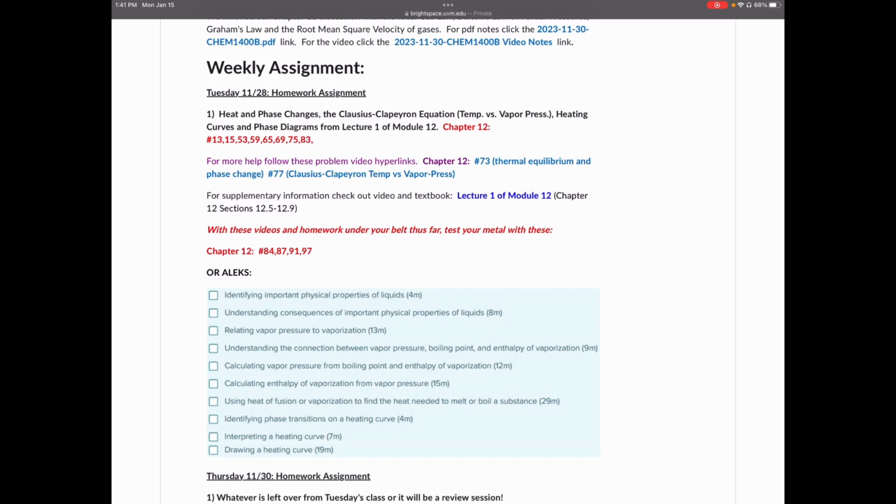These are basically me walking through problems to help the student understand how to work such specific problems, such as, in this case, phase change and thermal equilibrium, or the Clausius-Clapeyron, or just some game day example problem solving.